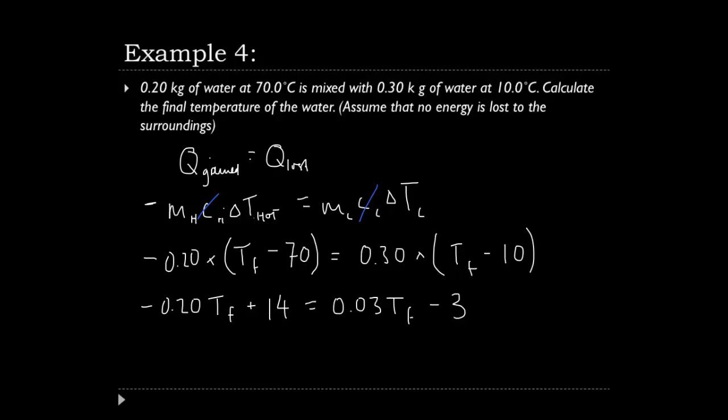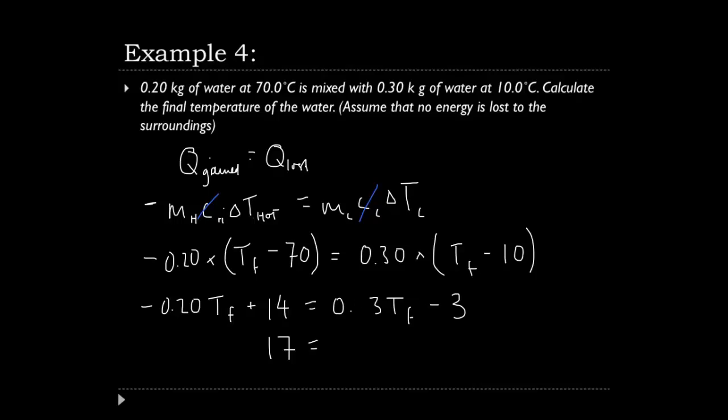Okay, so let's move all the Tfs over to the right and all the numbers over to the left. So 14. So if you add 3 to both sides, we get 17 on this side, and if we add 0.2 Tf to both sides, we get,